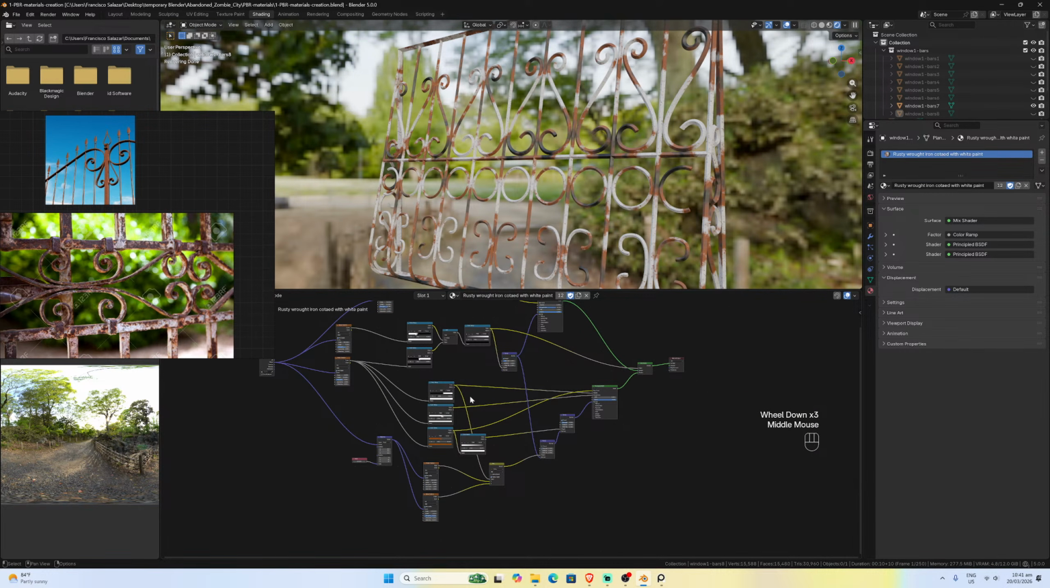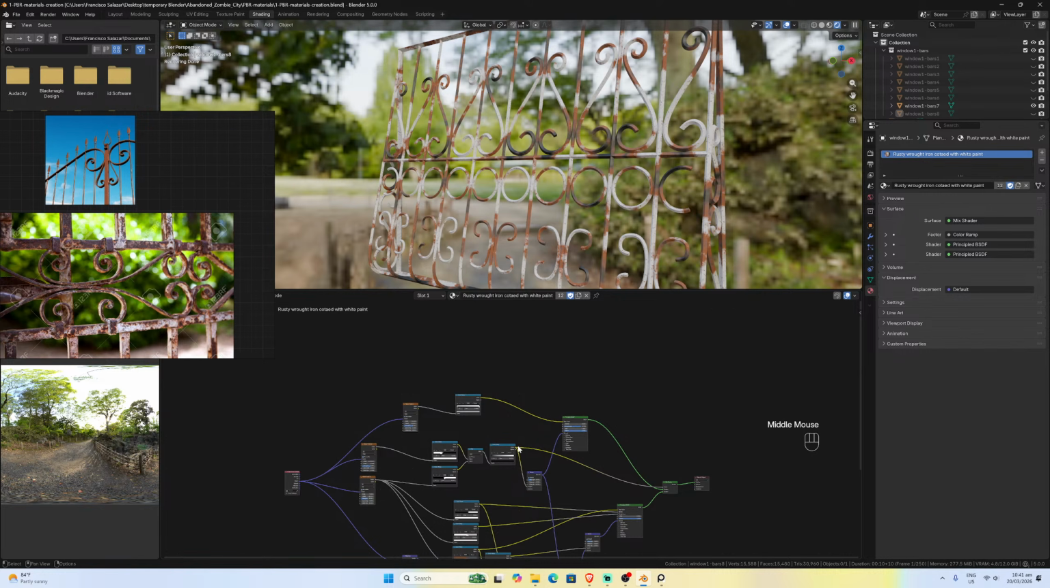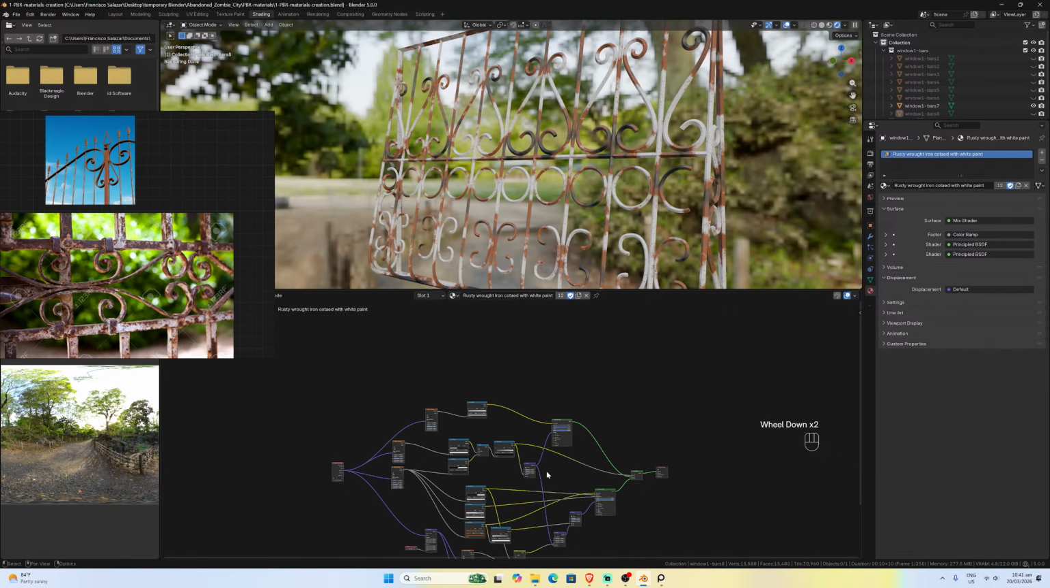So here we have the metal material, the metal characteristics, and here we have the painting. I don't separate this by groups because, as you can see in the bump, I use it for both sides. You can group and write